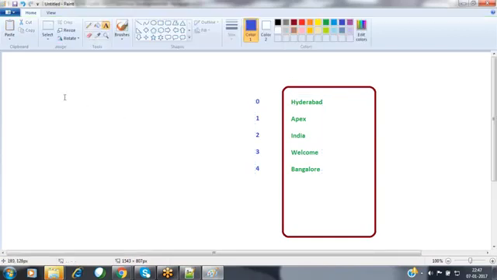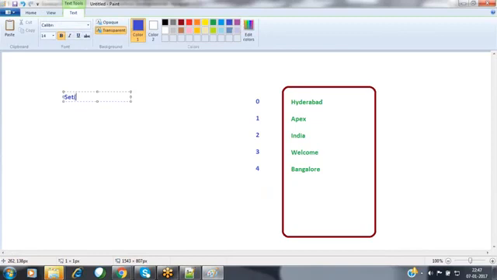Now, whenever you are using the set method, set of some index position, comma, element name, in this kind of scenario, if you are passing some value, set of 2 comma Australia, then at index position 2, whatever value is available will be overridden with the new value which you have assigned.